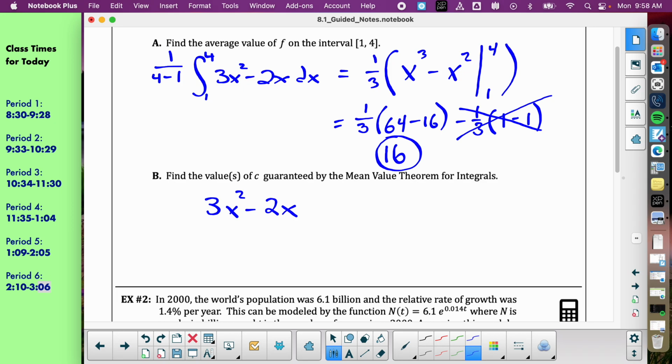I screwed up already. Do you guys remember where I screwed up? I even told you this was a big deal. Oh my God, who said no plus C's? I used an x. When they write f of c, it's telling you that c is the variable. So I botched this one and would have gotten points deducted. I would have to write 3c squared minus 2c, and now it's a lot better.